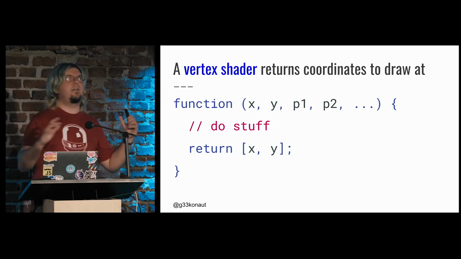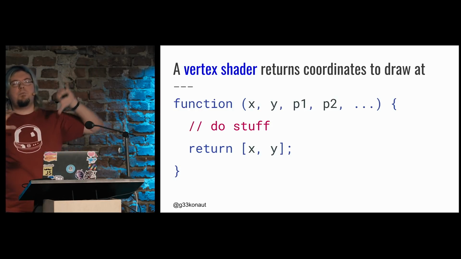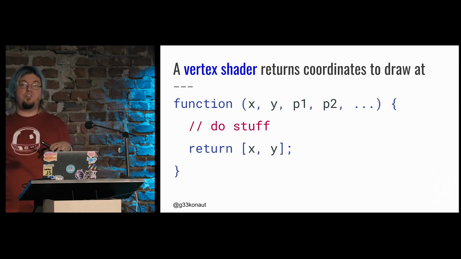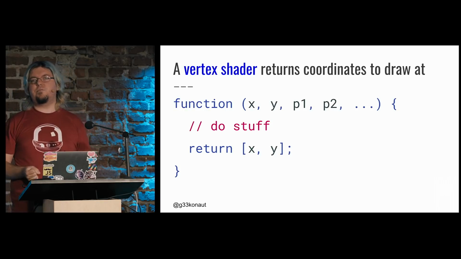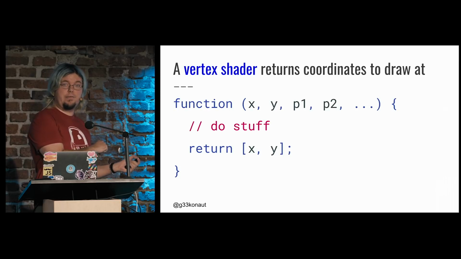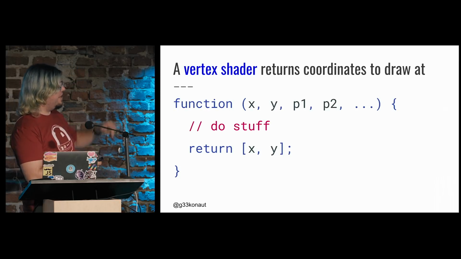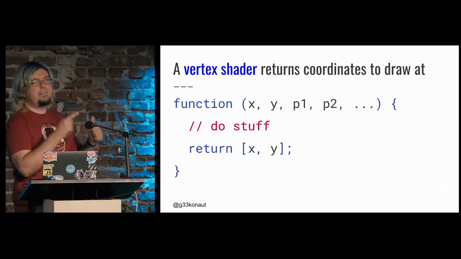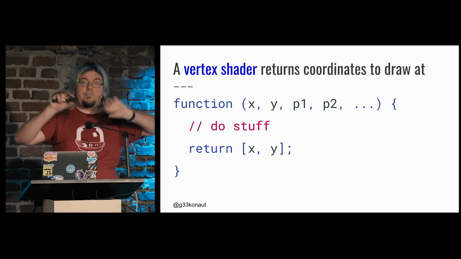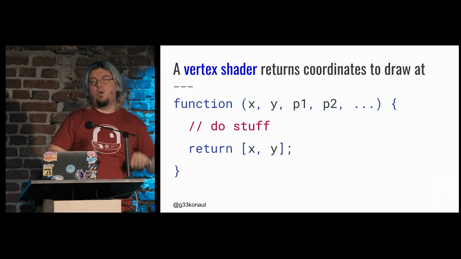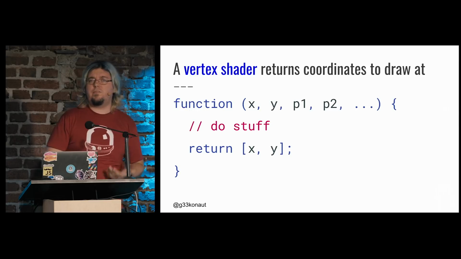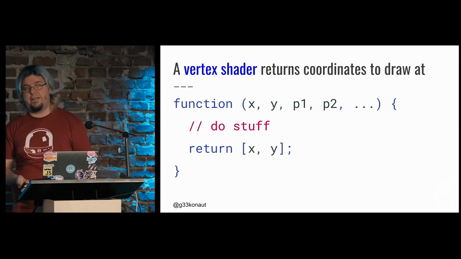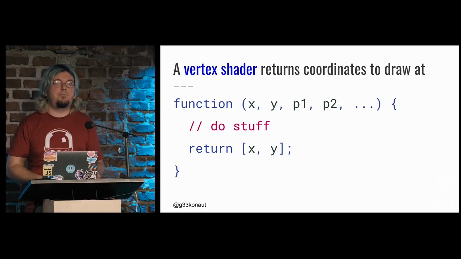Well, if you think about it, we have our shape, and maybe we want to have the same shape at multiple positions on our screen. So do we have to change the buffer data all the time? Actually, no. If we just know the positions, we can take positions somewhere else and use them to run the vertex shader. And basically what they can do is things like scaling. We can just multiply our coordinates with something, and then we scale it up or down. Or we can use a matrix multiplication and rotate our shape. So we can do all sorts of these things without ever touching the buffer data, which is fantastic, because memory access is pretty expensive,